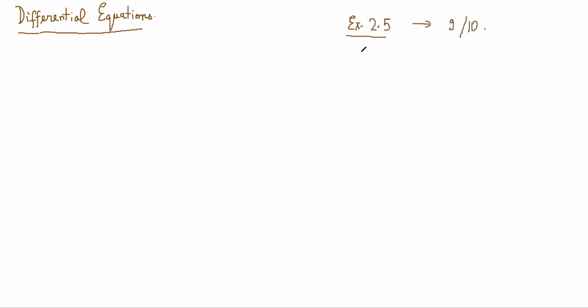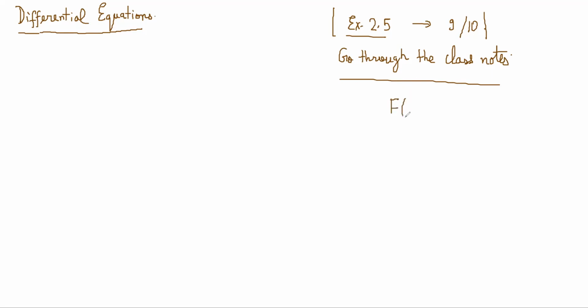So the plan for today is generally also to go through the notes entirely. Go through your class notes. So we'll do any doubts and all, and we'll go through the notes and make sure that we know all the types of what we have to do, right? Yeah. Like I am unable to find in the book at least the one particular type that your teacher has been saying.